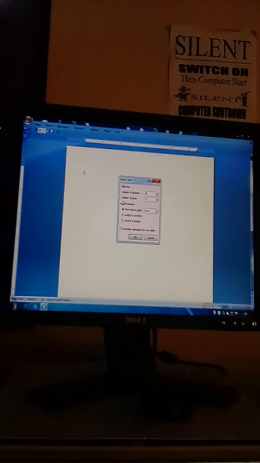Second one is the number of rows. This option tells us how many rows you want to insert in your table. Okay dear students, so you will have to focus on these two options, number of columns and number of rows.